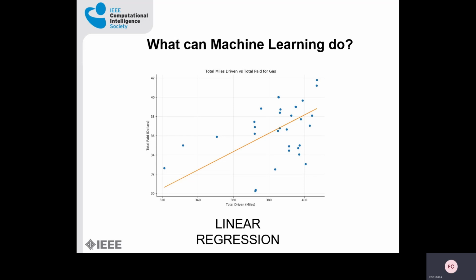So linear regression basically deals with continuous data. As you can see here, we have a graph which is total miles driven versus total paid for gas. And basically what we're trying to do here, this is basic math. So we have on the y-axis the total miles driven, and we have the total paid for gas. So let's say you're a vehicle,